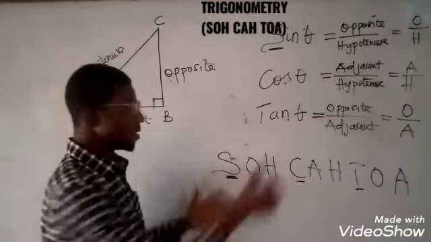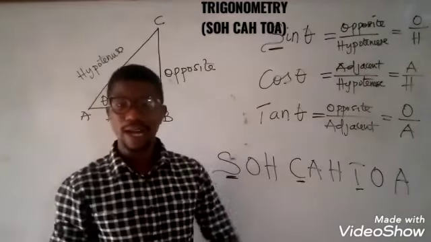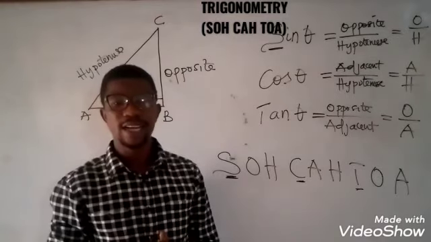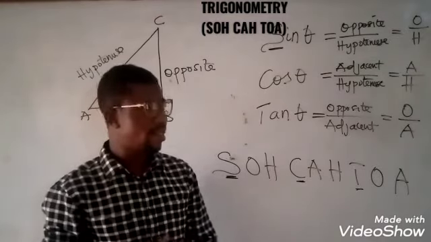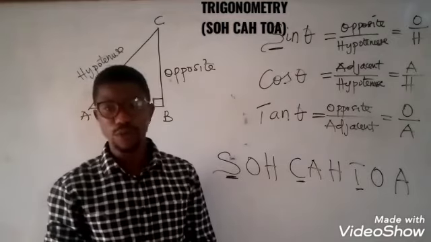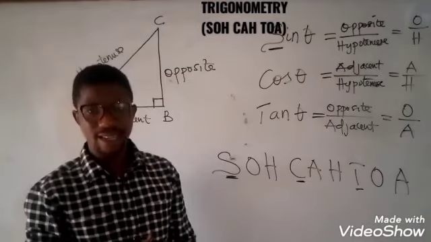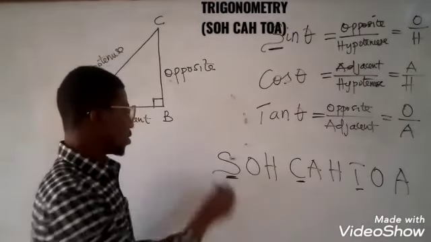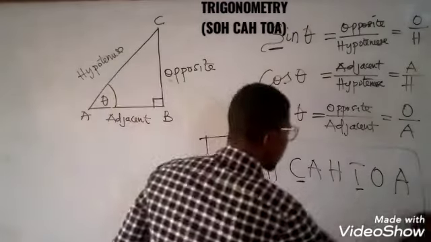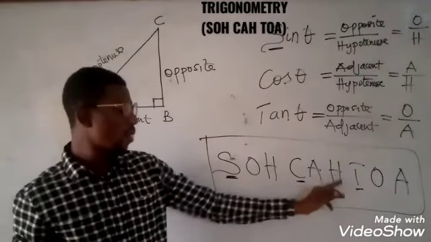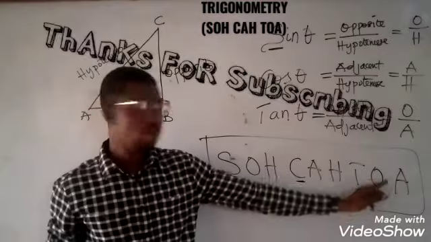And this is termed as SOHCAHTOA. So SOHCAHTOA can be used as a memorization to solve problems in trigonometry, governing the three identities. So we have this as SOHCAHTOA. Sine is equal to opposite over hypotenuse, cos is adjacent over hypotenuse, tan is opposite over